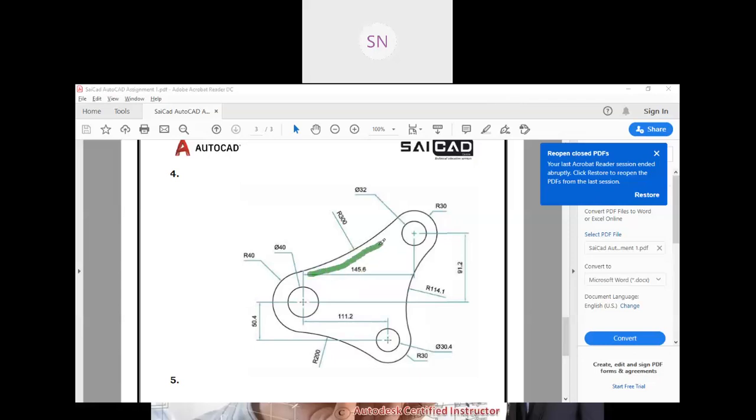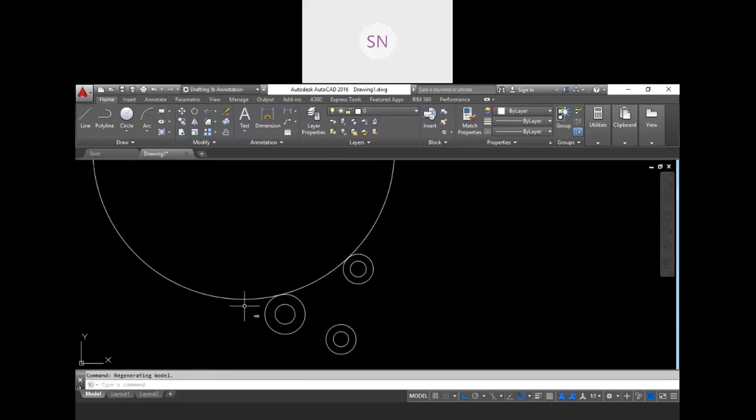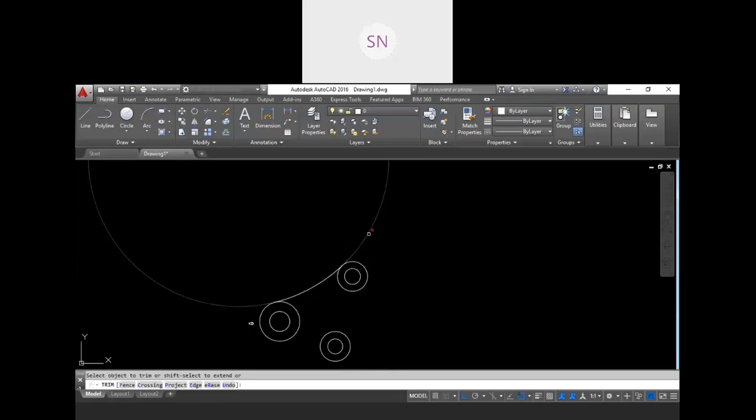Actually we just need an arc with radius 300, but it is tangent with this curve and tangent with this one. So that option we have in the circle, that is tangent radius. So we will use that. Type C, enter, use this tangent radius option. I want tangent with this circle, I want tangent with this circle, and radius should be 300, enter. So here we have this bigger circle, which is tangent with both the circles, and just trim this